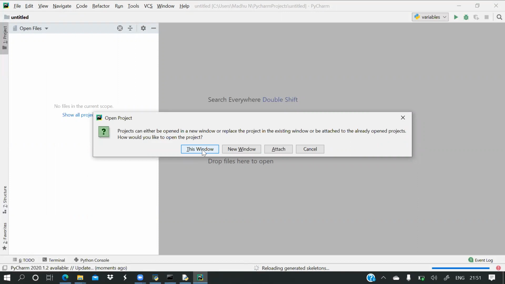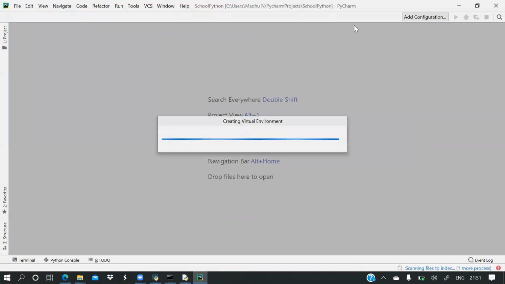That means within this window only I can write this program. Now it will create your environment. What is needed to write your Python programs, it will create automatically. All the setup it will do by itself. No need to worry.